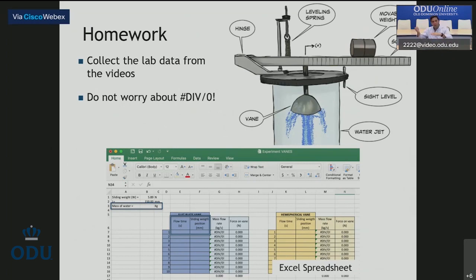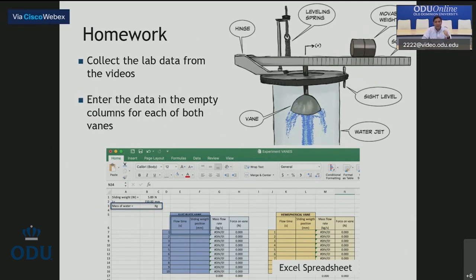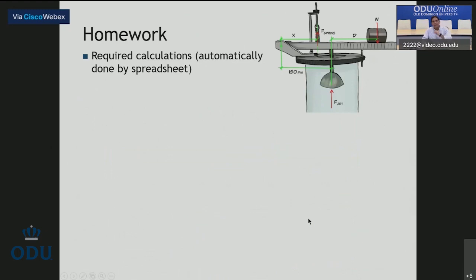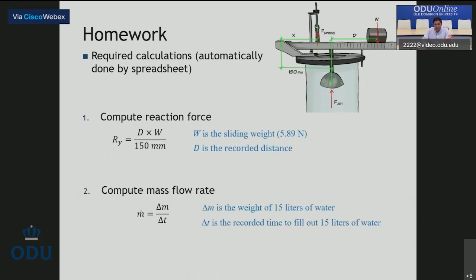15 liters, you stop the clock. And that time, you divide the mass that you collected by that time, which gives you the mass flow rate. You're going to enter the data in the empty columns right here and right here. And of course, you have two different tables, one for the flat plate vane and the other one for the hemispherical vane. Well, the equations to follow are these,